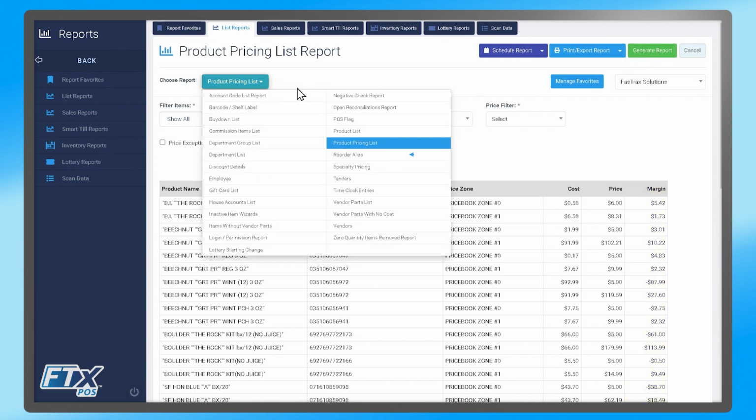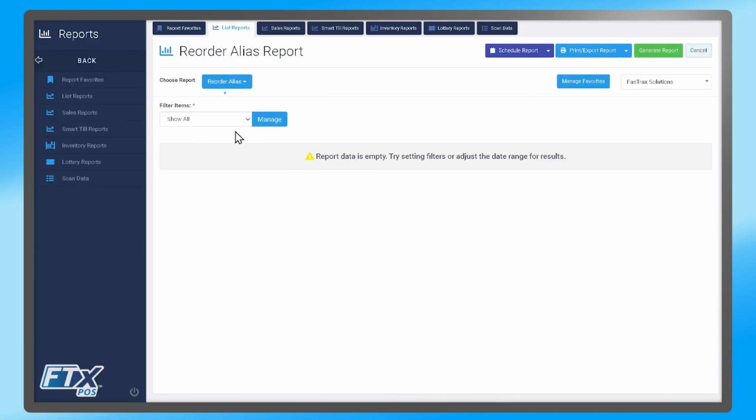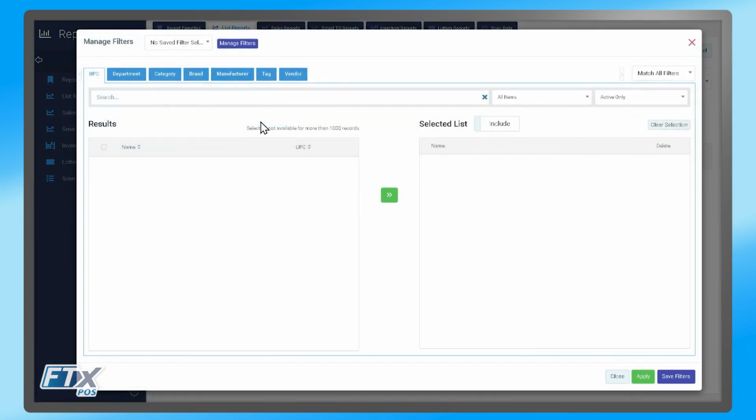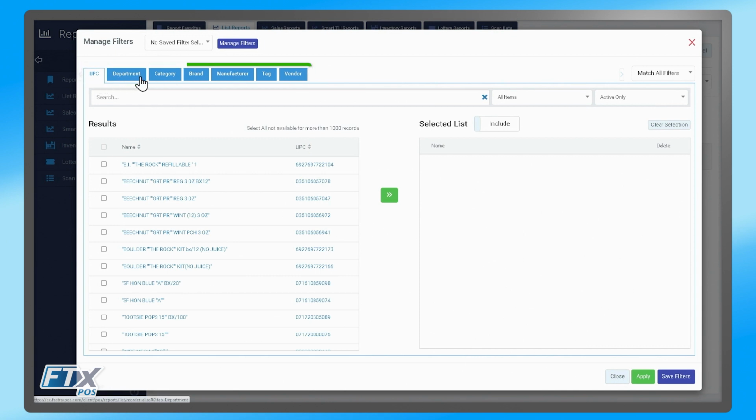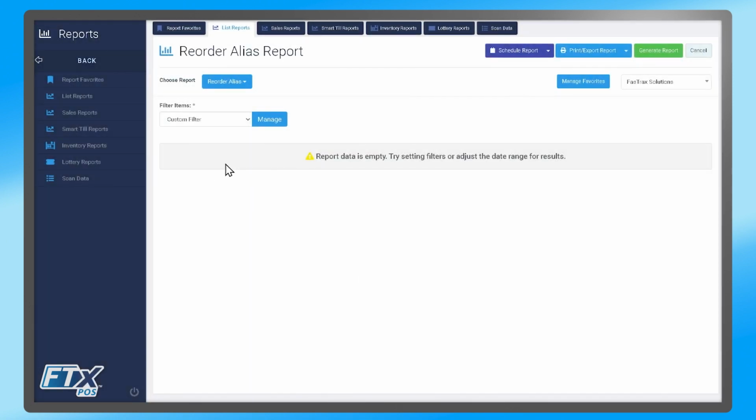Our next report is going to be our reorder alias. This particular report gives us our custom filter. And compared to the others, you'll notice there's a couple extra options in here. We're not going to go through all of these, but this particular one does have some more tabs. I just wanted everybody to see that. If we run this report,